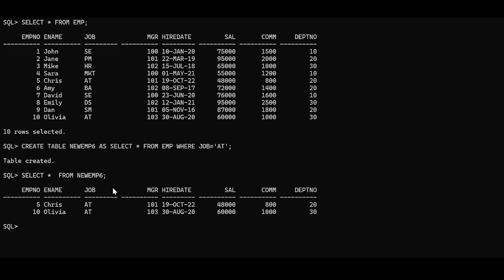And we have already seen how to create a new table with a specific column. I have just shown you previously how to create a new table only with a specific column. Same thing. Create table, let me take new employee 7, as select star from employee. Where I will keep the condition as what? I do not have to keep the condition also. Select, I want to include only the employee number and the employee name